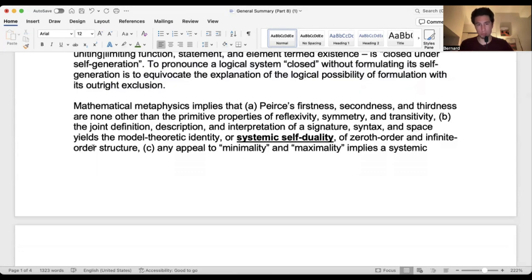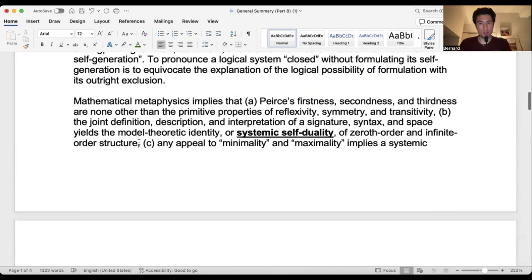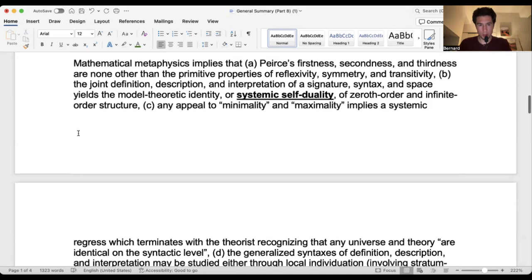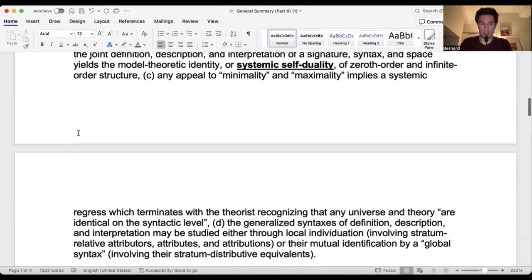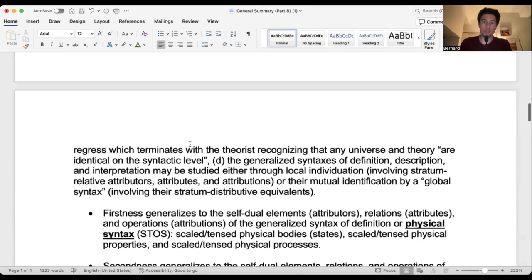Now, mathematical metaphysics implies that A, Peirce's firstness, secondness, and thirdness are none other than the primitive properties of reflexivity, symmetry, and transitivity. B, the joint definition, description, and interpretation of a signet. Definitions are element-oriented, descriptions are relation-oriented, and interpretations are operation-oriented, of a signature syntax in space, yields the model theoretic identity or systemic self-duality of zeroth order and infinite order structure. C, any appeal to minimality and maximality implies a systemic regress which terminates with the theorist recognizing that any theory or universe, any language or universe, are, quote, identical on the